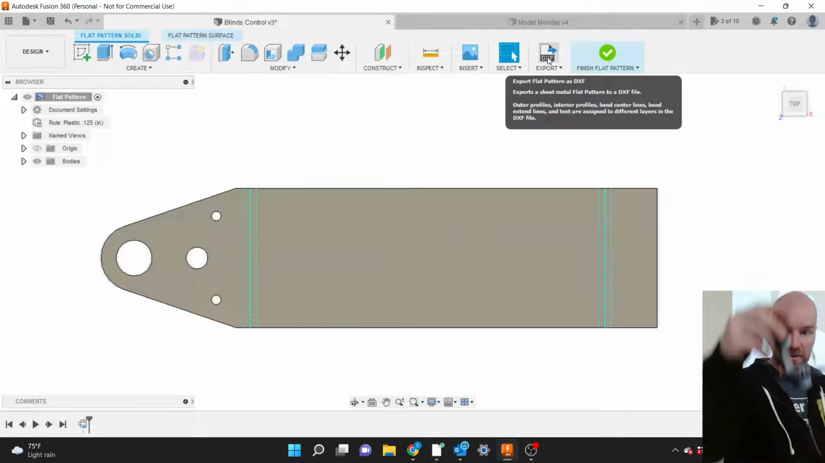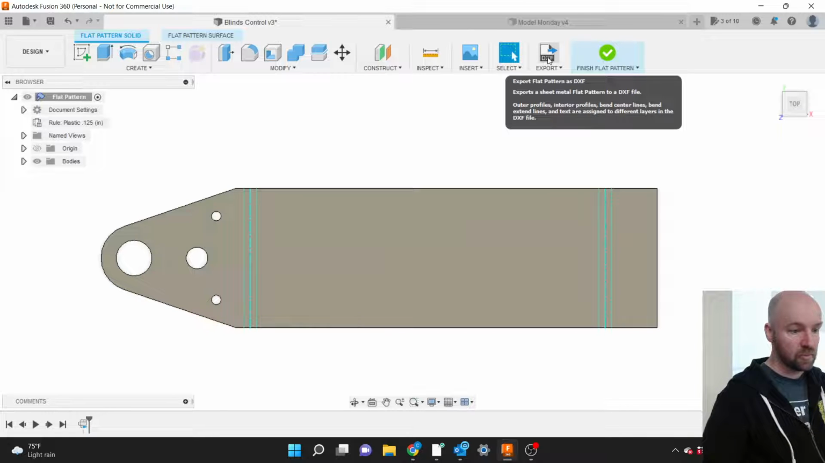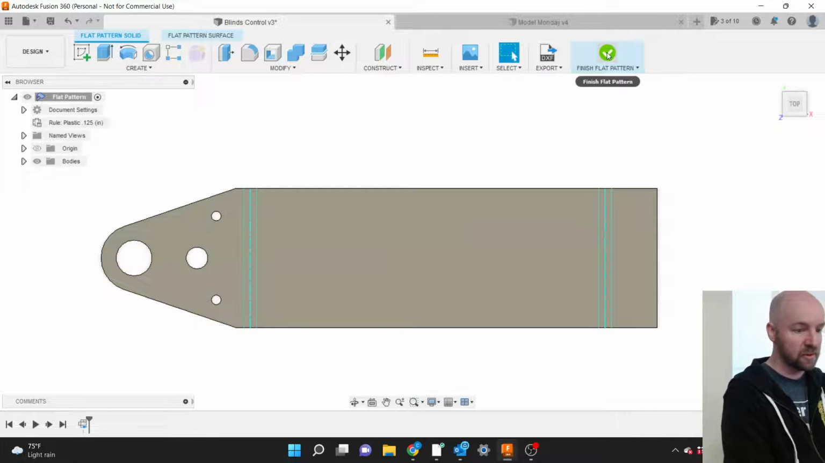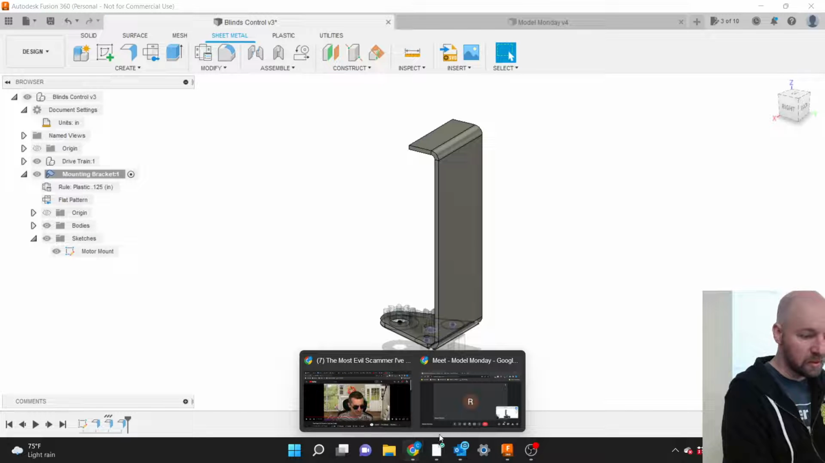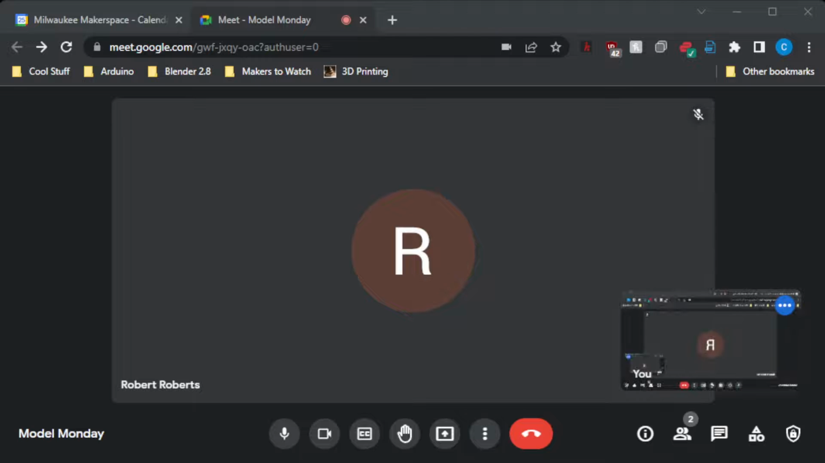And that's how I cut out these pieces. You can also, I'm just going to go ahead and say finish flat pattern here. You can also take that DXF file, and any place that will do laser cutting for you will accept a DXF file. And just for example, I have used in the past